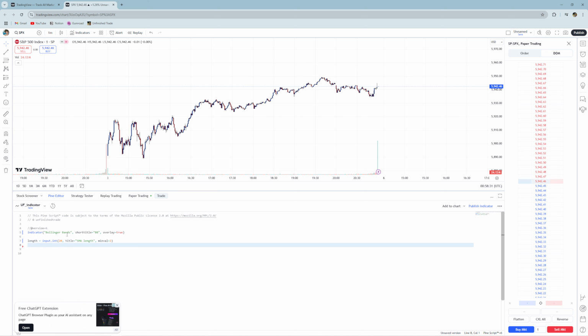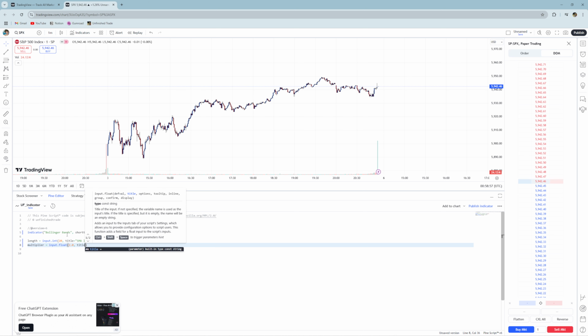Next thing I'm going to do is create the multiplier. There's going to be a multiplier for the standard deviation calculation. So I'm going to do multiplier equals input.float. So we're going to input a float for the multiplier of the standard deviation. I'm going to set this by default at 2, and then title this